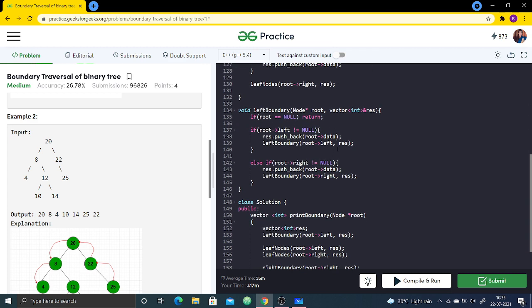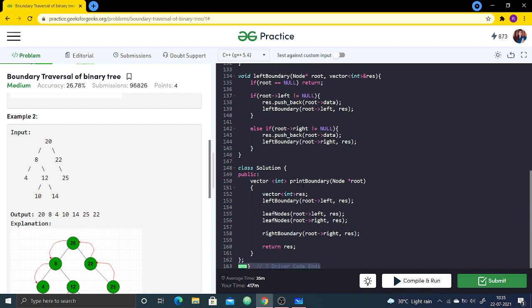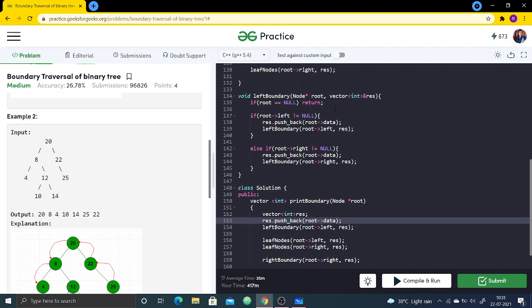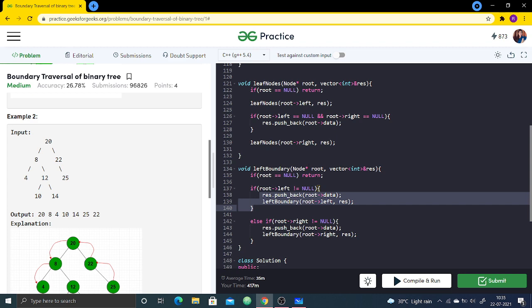So let's check the left boundary function. Okay. See, I haven't pushed the root node. So in the first step, first of all, I have to push the root node and then I have to move further. Let us check other things. Left boundary, the root node done. Left child we have matched and we have seen the right thing also.